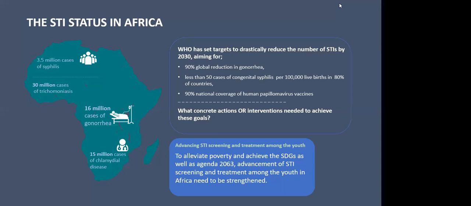And where is it being given? Those are some of the challenges that come with it. And also when you are seen to be having or being given or taking condoms or any other contraceptive, it's equated to being promiscuous. So those are some of the challenges that come with this.